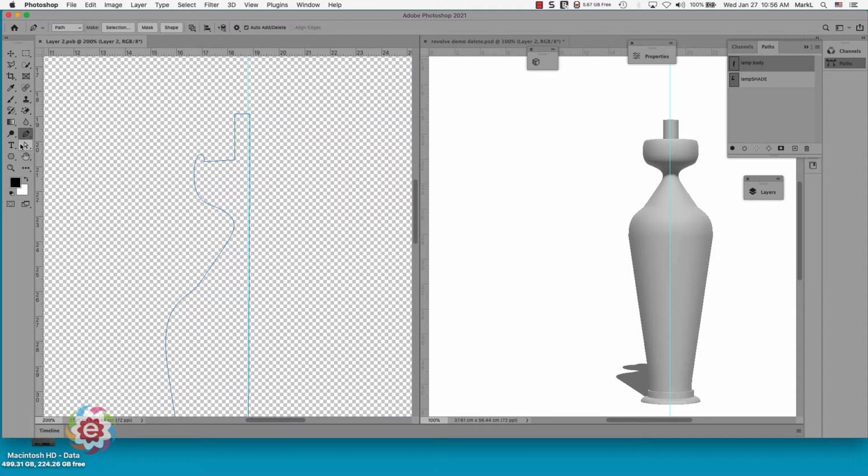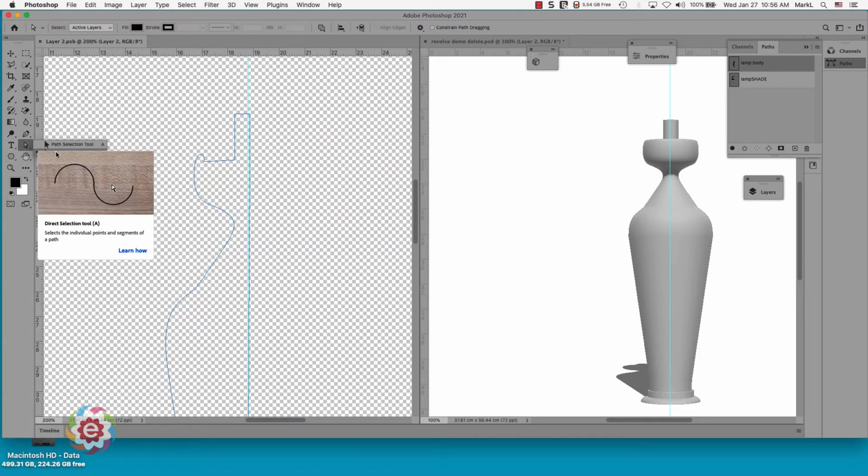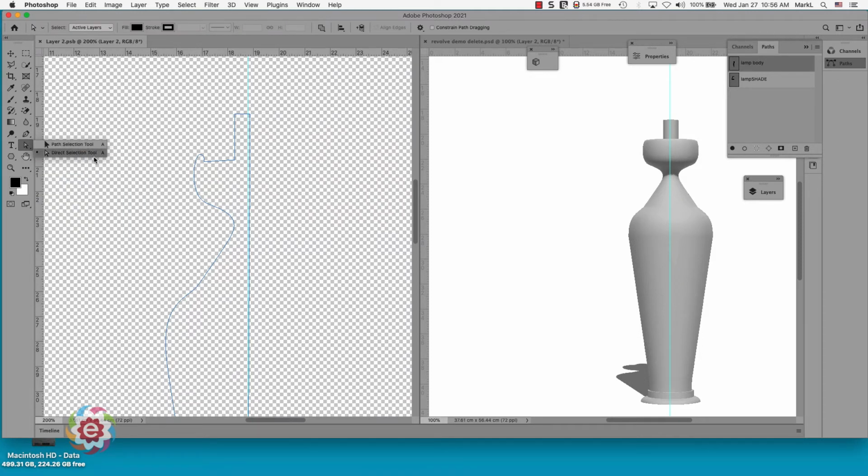I'm going to take my direct selection tool and click on the path. So now I can see all the anchor points, and I can adjust them. One thing I could do is drag this anchor point down and around and so forth. But what I want to do at this point is I don't even want this